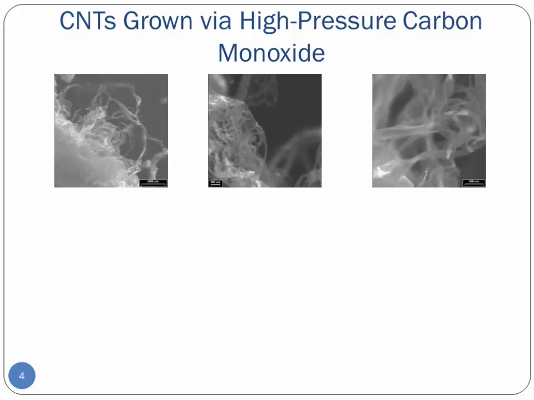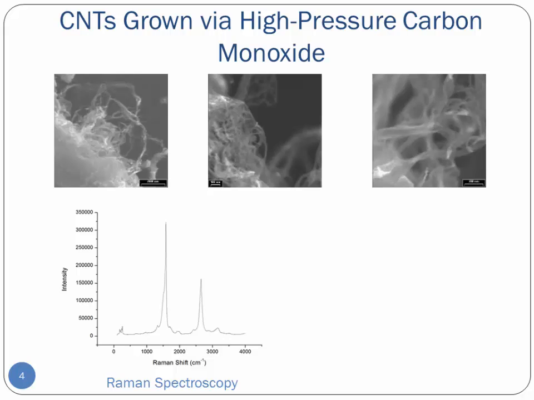The starting material are HiPco tubes, meaning carbon nanotubes grown by high pressure carbon monoxide disproportionation, and we characterize the material. First thing is the Raman spectra. As you can see,